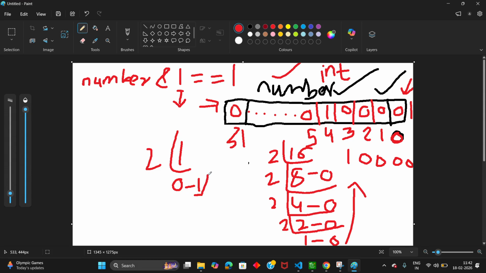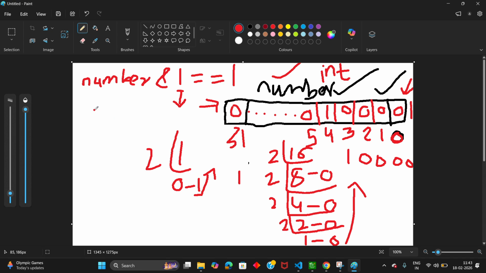Then what is the value of 1 in binary? 1 itself. How many bits are required to represent the decimal value 1 in binary? We require only 1 bit, that is 1 itself in binary.